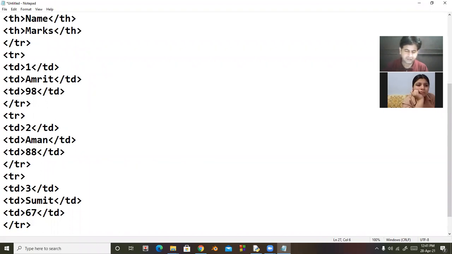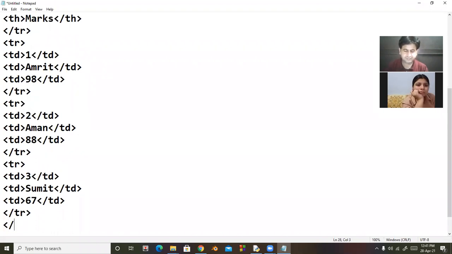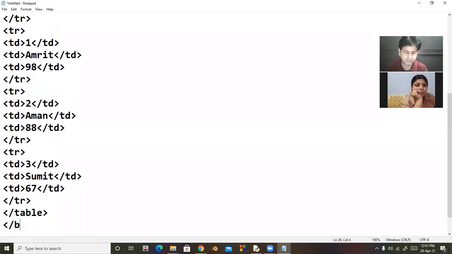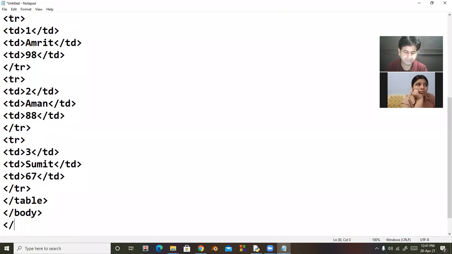After that, I close the table. And then close the body. Then close HTML tag. I save the file.